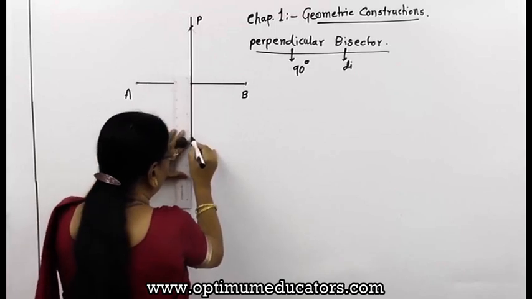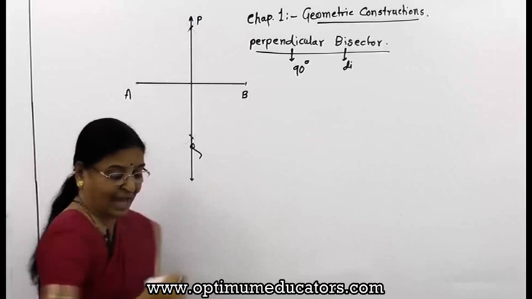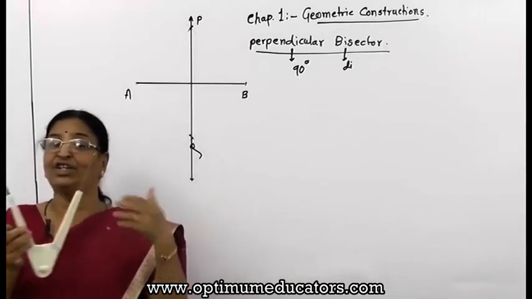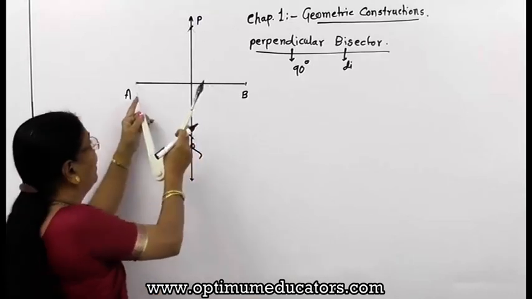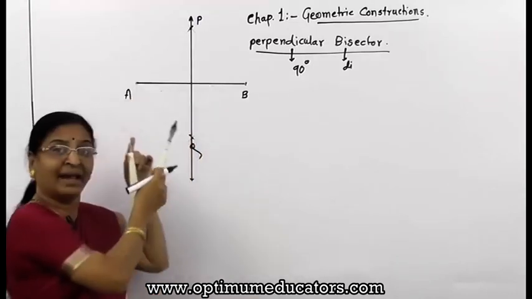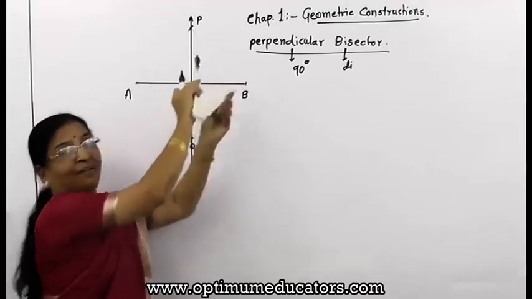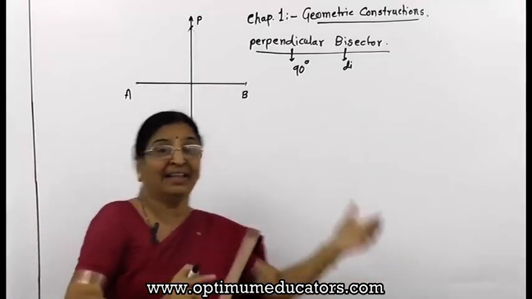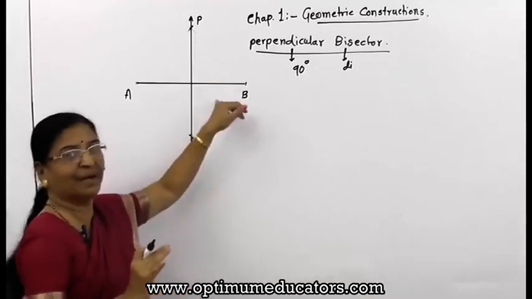See what a precaution I have taken to take this point. I have taken a distance, and now this distance is not as I desire, but it is more than half. If you take a smaller than half distance, then the arcs will be at two different parts and they will not intersect. So take care that the distance between them should be more than half of the segment.